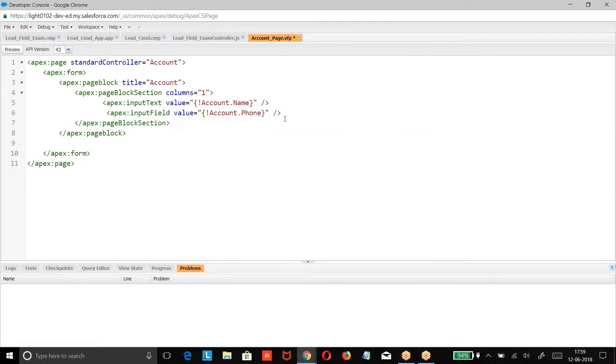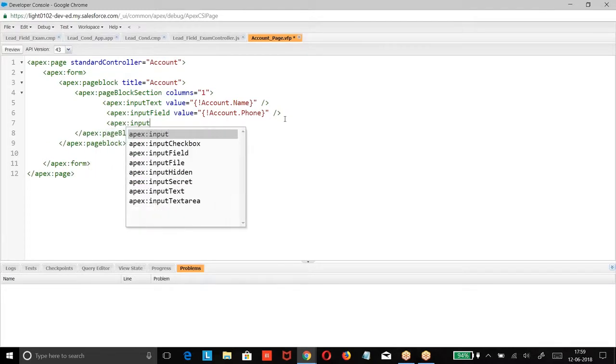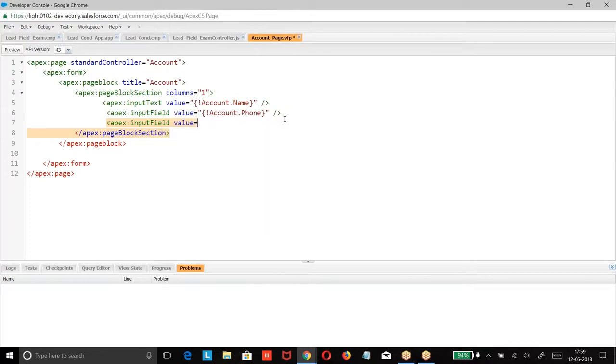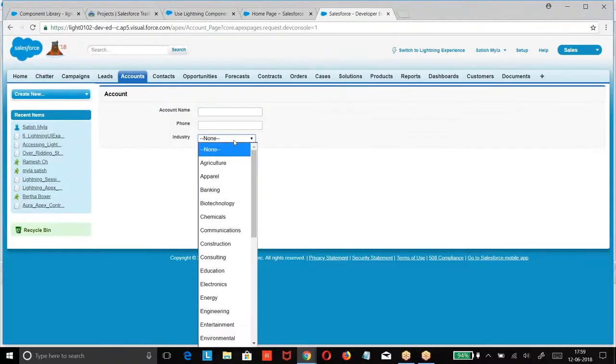I also have one more field, apex input field value equal to industry. Right. Now we are getting the list of industries.